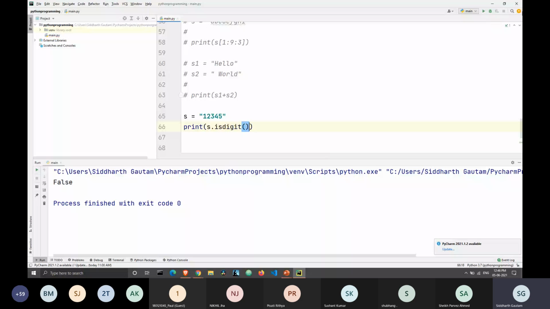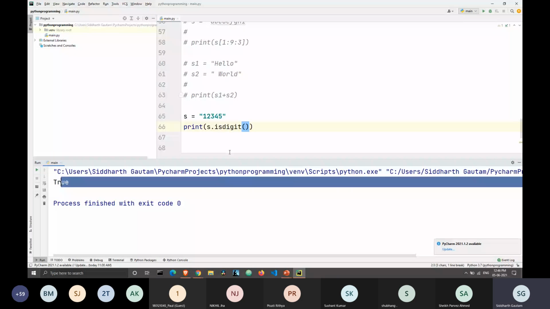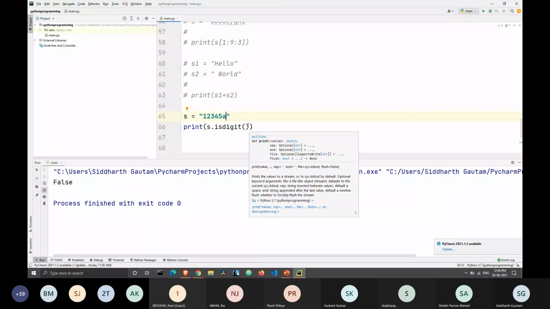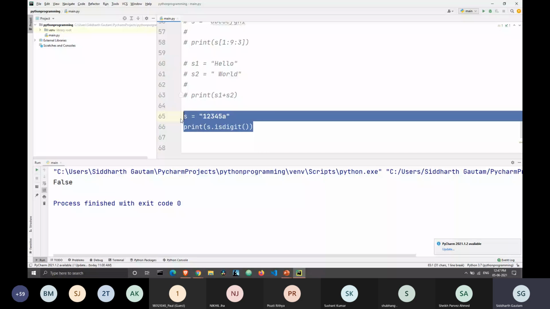So what the is digit function does is that it checks if the string consists of only and only numbers. If I type even just one letter here, then the output will become false. So the is digit function checks if the string consists of only numbers, and if it does, our output will be true. That's how the is digit function works.